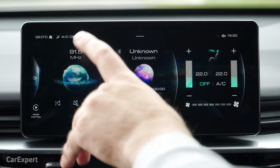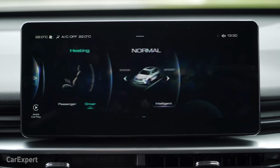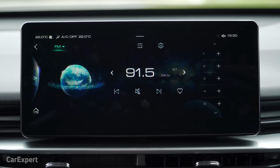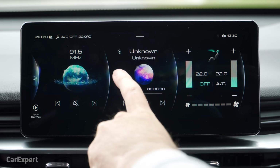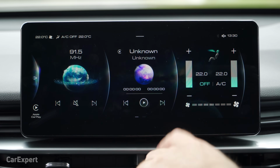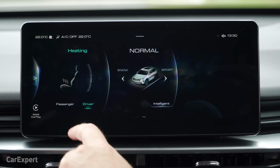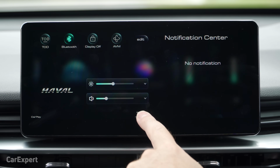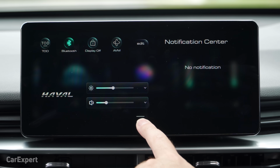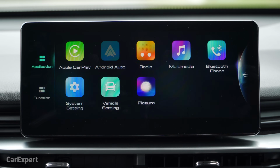So it's got this section here, which is your home screen. It's divided into 3 parts. You've got radio, which includes AM and FM, no DAB digital radio, unfortunately. You have this central section, which is your Bluetooth streaming. Then you have climate over to the right. One more swipe brings you over to the seat heaters and also drive mode selection. You can also swipe down from the top if you want to access some of the shortcuts for your brightness and volume. Over here, we have the ability to go through all the different menu sections,